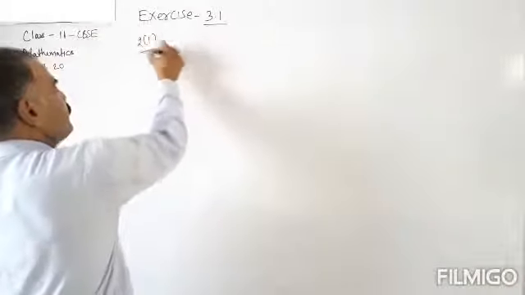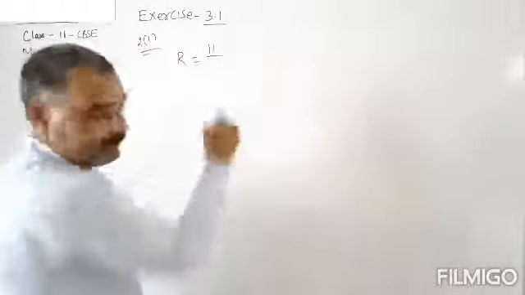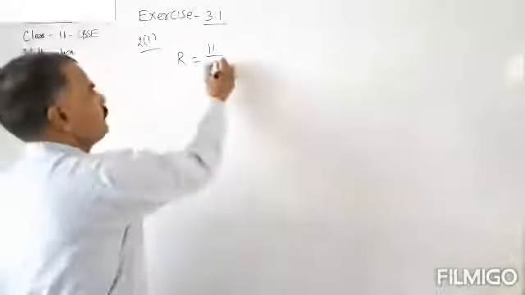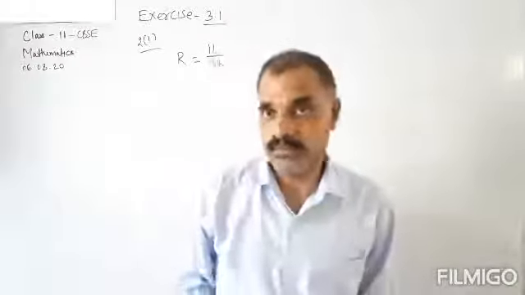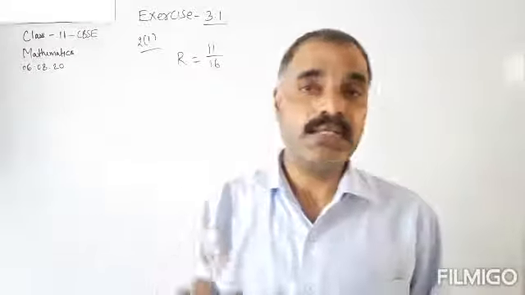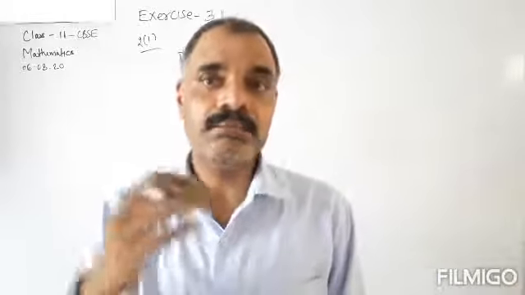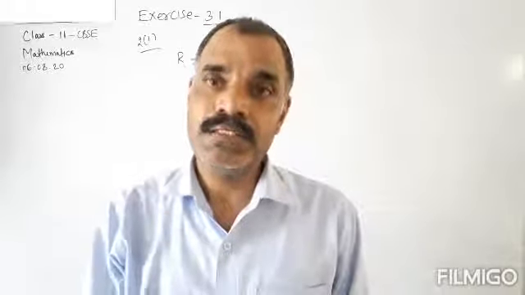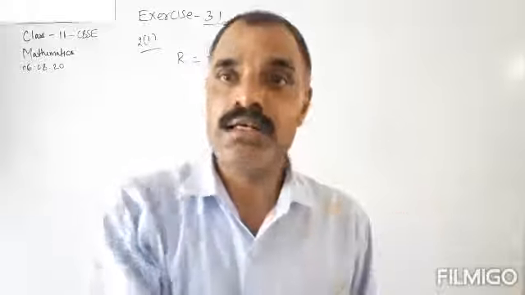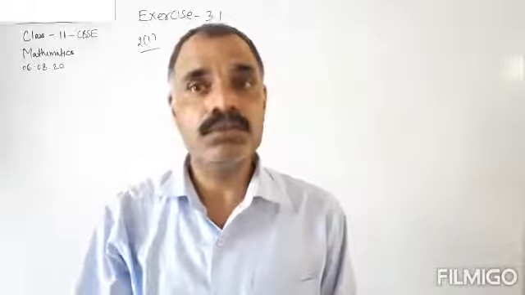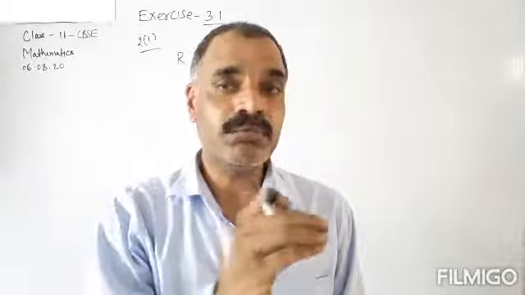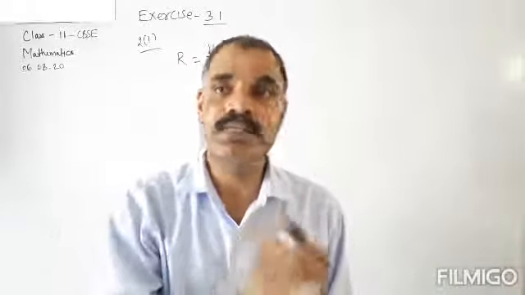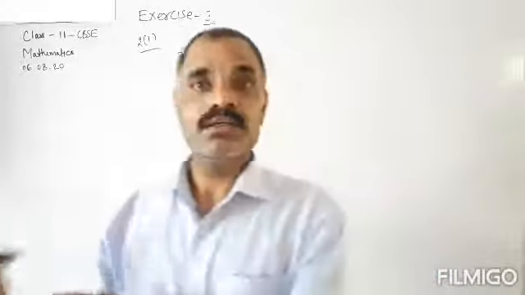Let us take the first part of question number second, where the radian measure is given as 11 upon 16. You know the radian measure is a real number. If any real number is given, it means it is radian measure, if we are measuring an angle using this real number. So when we use a real number in the measurement of an angle, it means we are using radian measurement.